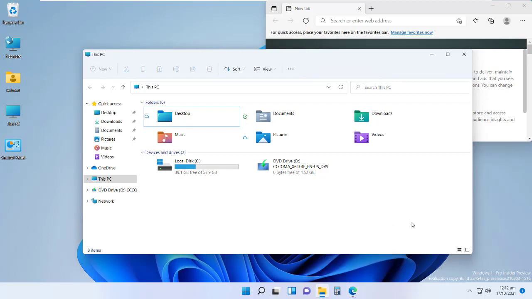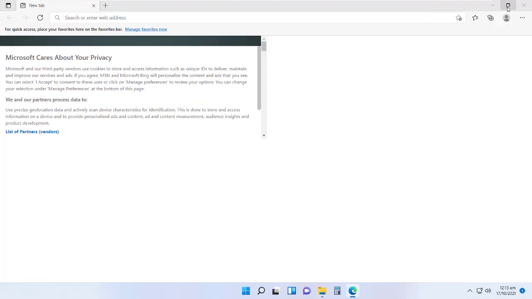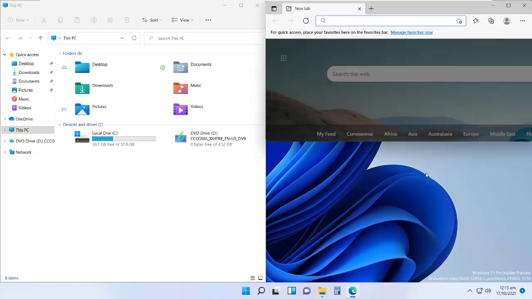So there is also a very good feature. If we open more than 2 windows, 3 windows, 4 windows, Windows 11 arranges them automatically. So how can we use this feature? We move to the maximize button, and as soon as I mouse over this button, I can see I can arrange my windows in 2 windows form or 4 windows form, and if we open 3 windows, I will use this. For demonstration I will click on this. So as you can see, now I can arrange my 2 windows side by side.